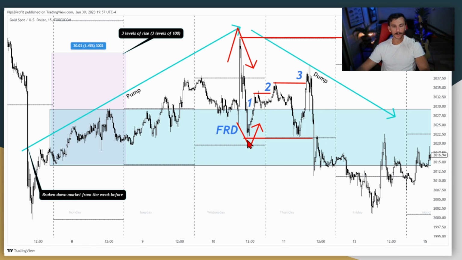After you get a lower low in the market, you would typically look for three pushes back up. And they give you a beautiful stair step one, stair step two, stair step three, New York session dump from high of day all the way down through the low of the day. Opening range has now failed at the high of the week, pump and dump, and on Friday, continuation down through